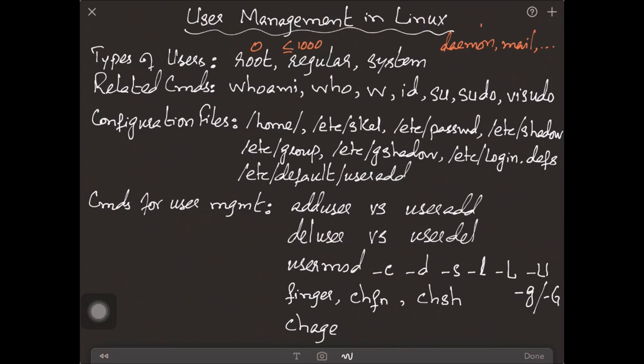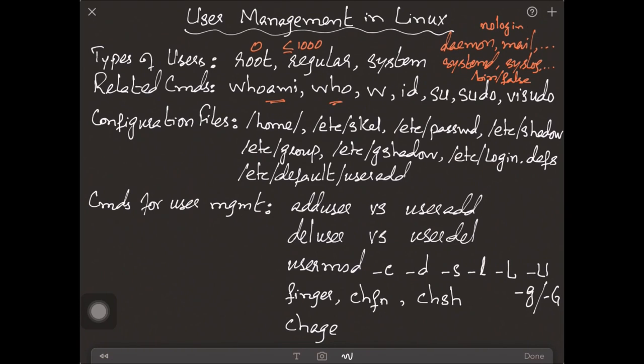Their default shell is nologin. You will find this over there. And similarly, you may find users with names like systemd, syslog. And if you see the last column in the /etc/passwd file for these users, you will find /bin/false written over there instead of /bin/bash. So we have seen different related commands like whoami, which displays your username,